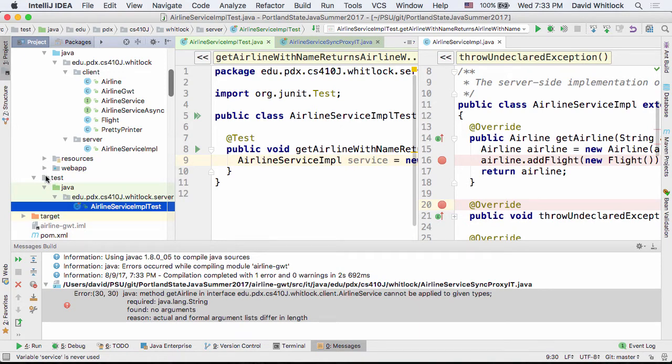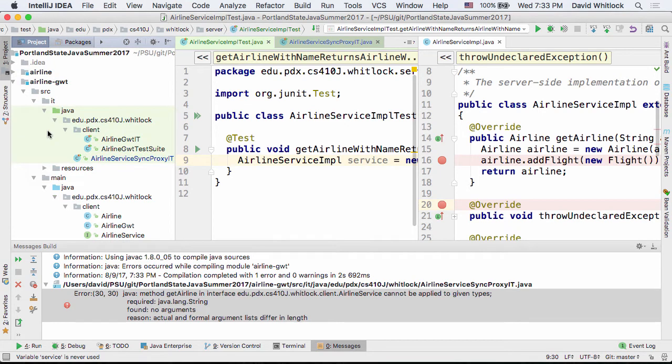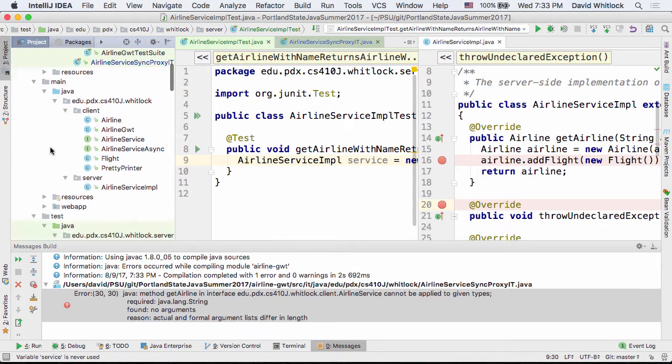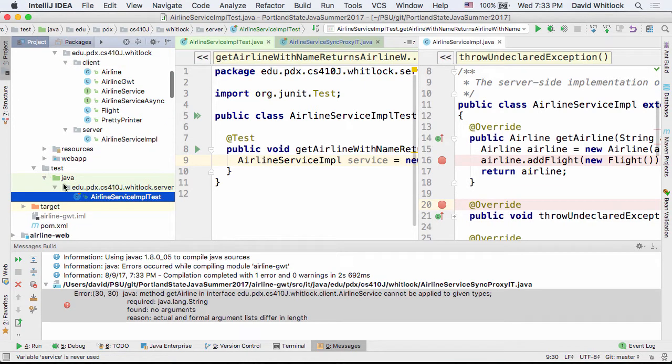So what you basically need to do is create a test. So you don't have the test directory. At the top level, you just have source. You have source, and then you have IT for integration tests and main. Oh, interesting. Okay. So I guess you create test Java. Okay, so you can create it yourself, and then all of the subdirectories that you need to get down to your